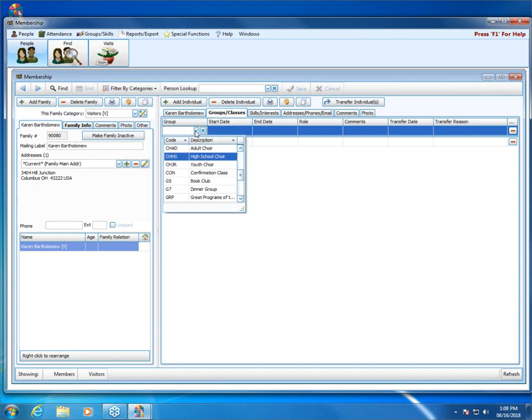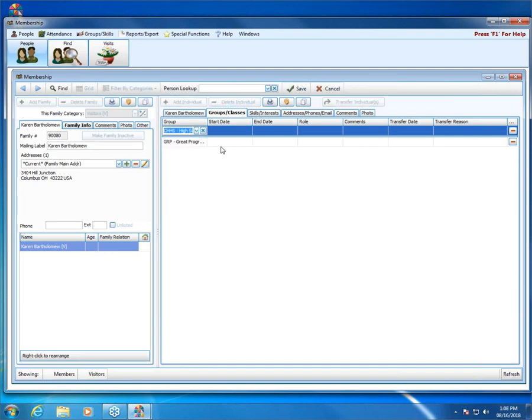We can take a look at some of the other options here. If you want to enter a start date and an end date, you would just type those dates in. When you're entering any dates in Church Windows, you just type the numbers. You don't have to type any of the slashes or anything, but you want to type the complete date. For example,